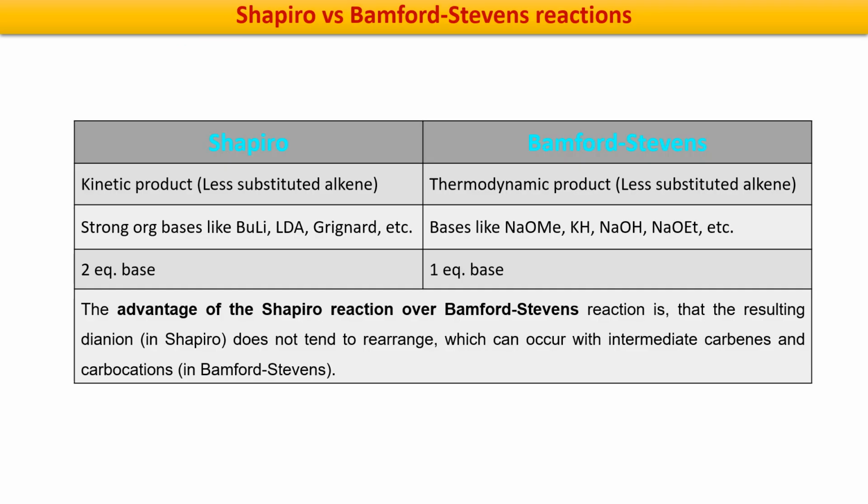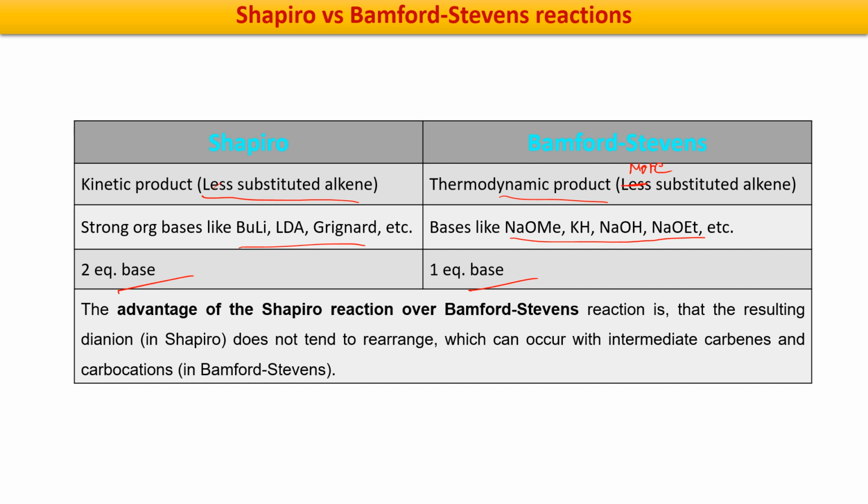Now with the difference, we will compare these two reactions, Shapiro and Bamford. This is kinetic product, less substituted. This is thermodynamic, more substituted. Strong bases are used like this. Here the bases, they are also strong, but not so like butyl lithium or LDA. 2 equivalent base and 1 equivalent base, because here we generate 2 negative charge, one over nitrogen, another one is